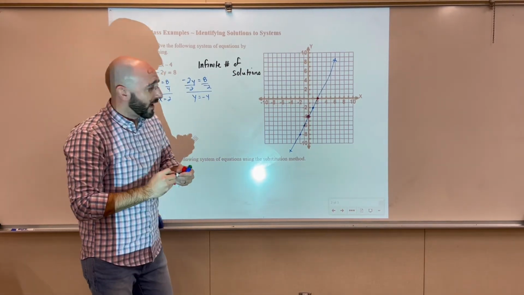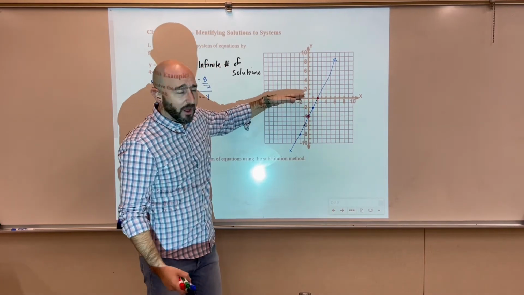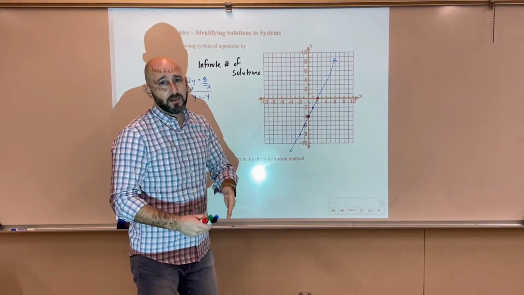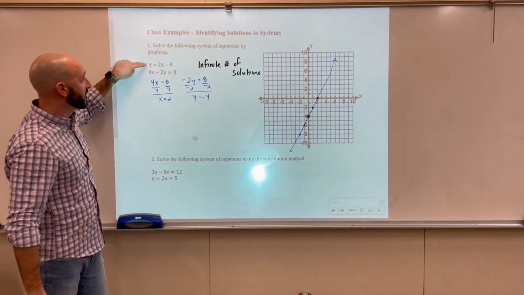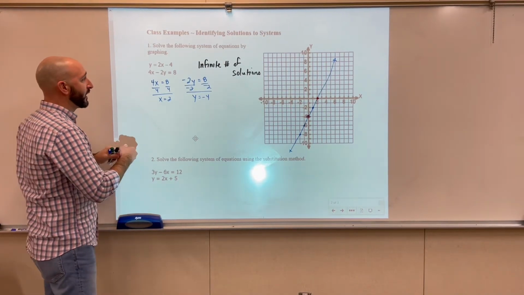And if we think about this graphically, every single point that we select that's on the blue line would also appear on the red line. So every ordered pair that works in this top equation is going to work as a solution in the bottom equation. Now, if we go through this quickly algebraically,